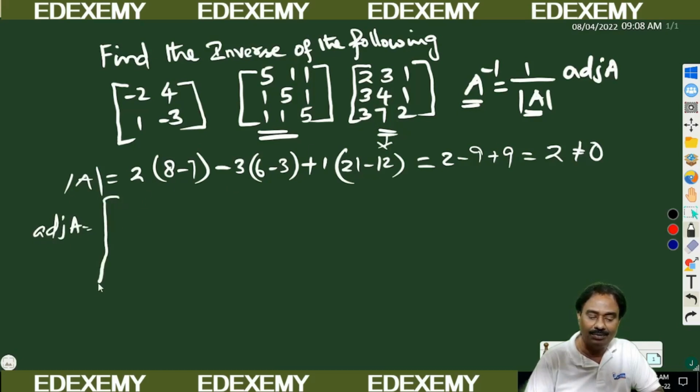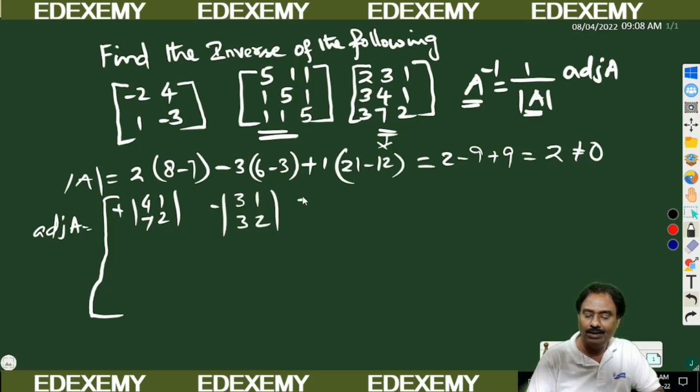It's the same procedure. Now first you assign the plus or minus here. You put plus first. You start with plus, then leave that row and column. 4 into 2 is 8. Determinant of 4 1, 7 2. Okay, next minus 3. You leave that row and column. You will get determinant of 3 1, 3 2. Then you put plus determinant of